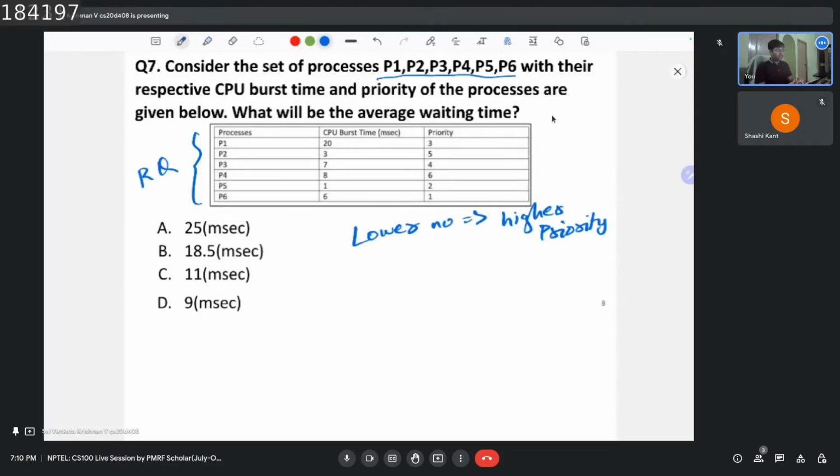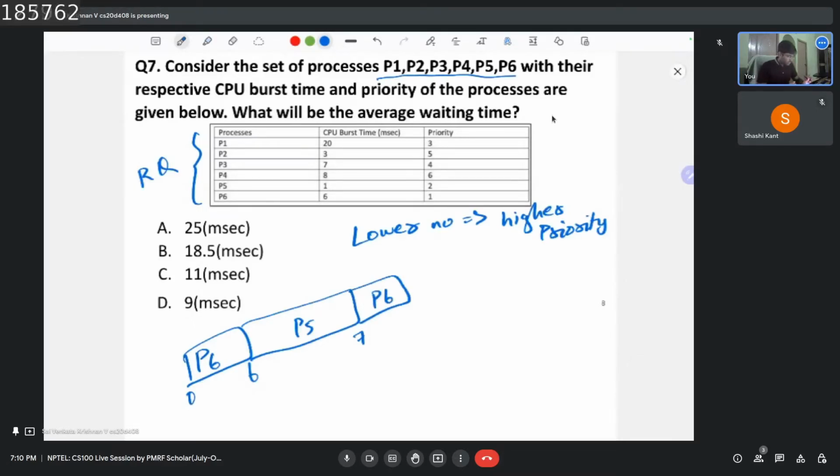Since it's a priority scheduling algorithm, first P6 should be scheduled. It has the highest priority, so it will run for 6 burst time units. Followed by P5, which runs for 1 unit, and then next is priority 3,